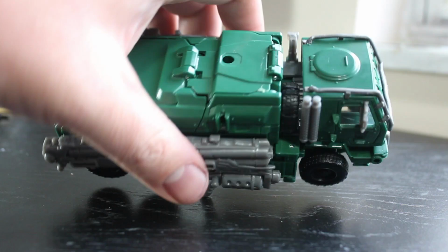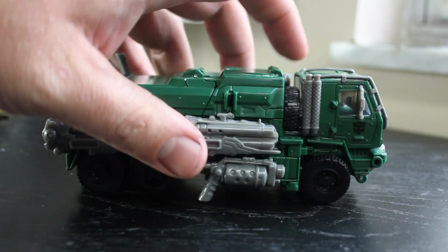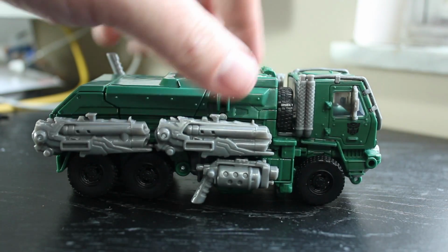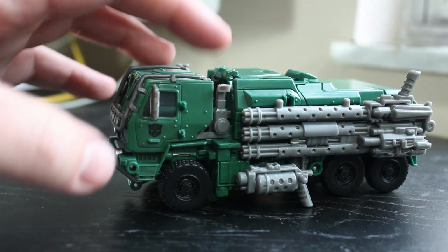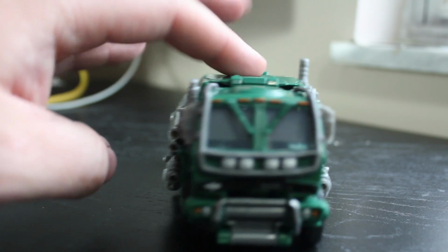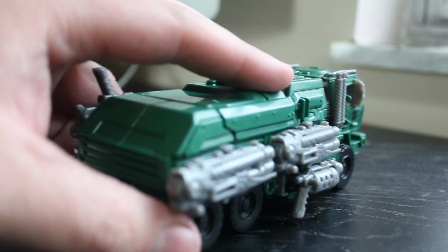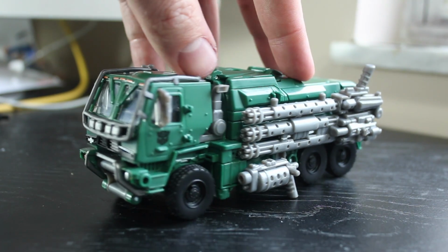He does have a spare tire hidden between the cab and I guess the little tank area here. He has smokestacks here on the side. He has whatever this thing is here. I think it's to keep the engine breathing if it was submerged underwater. It has an Autobot symbol on the door, Z on both sides. A little bit of lack of paint overall, but I don't think it really matters overall